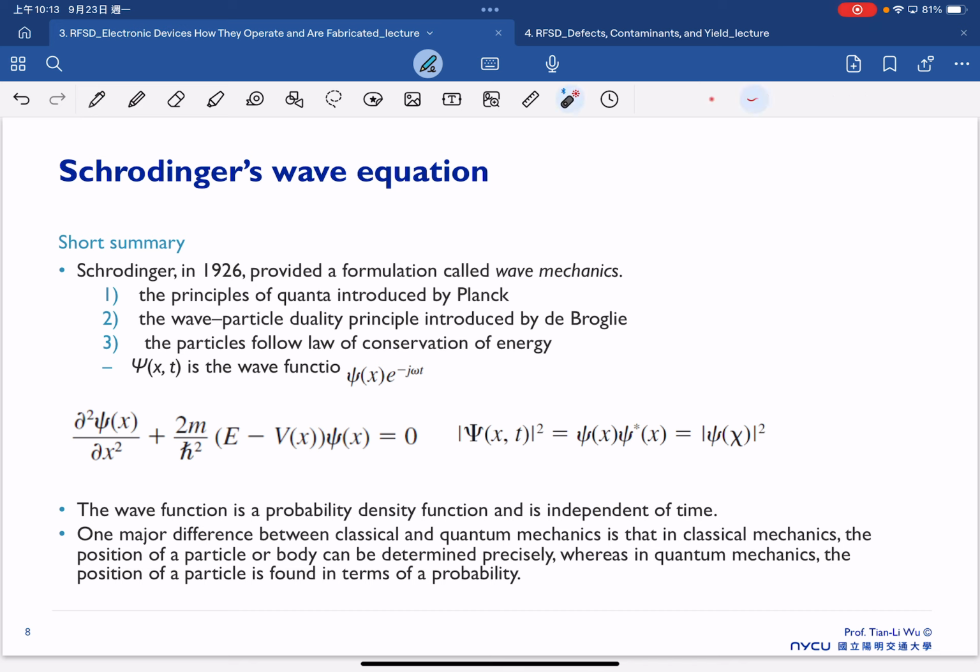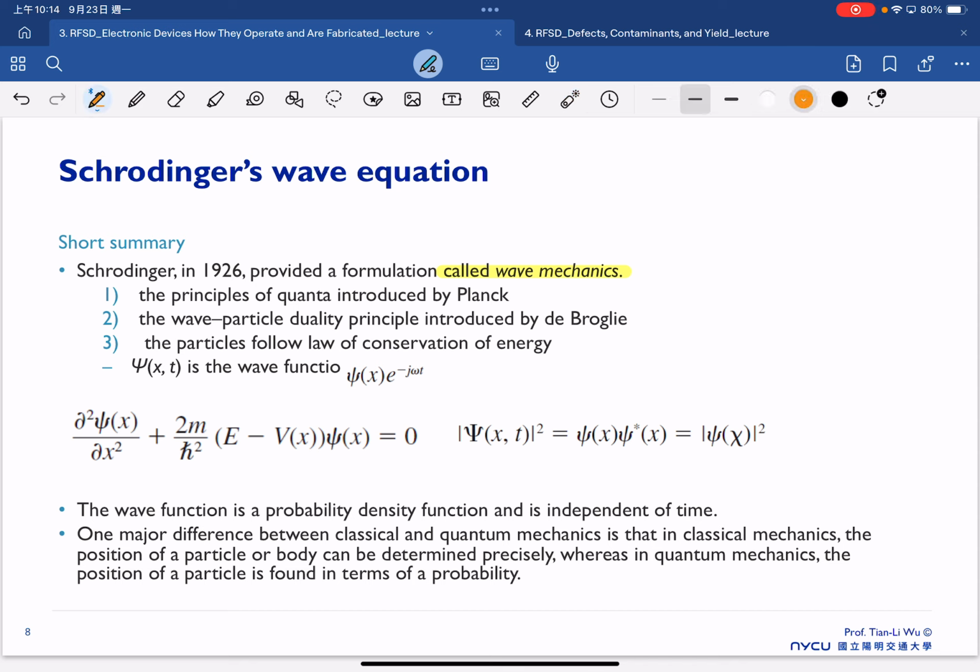This wave equation was proposed very early, and we call it wave mechanics. There are three assumptions here. First is the principle of quantum and the wave-particle duality, and then also the conservation of energy. In the end, we can use phi, which is a wave function,